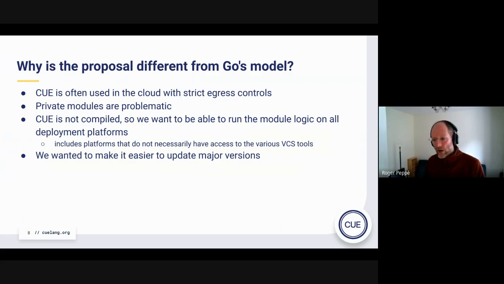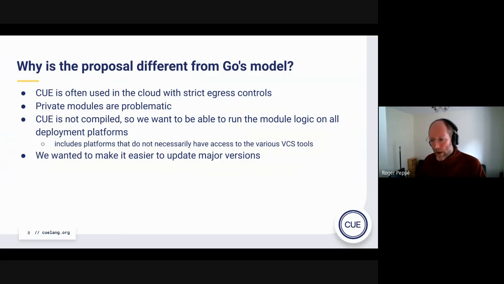So going direct to a VCS over the network is not necessarily a good idea. Also, unlike Go, you're not running a build step before compiling and then deploying the resulting binary somewhere. You're actually running the Q wherever you're going to. You don't have an artifact that you're going to run later.